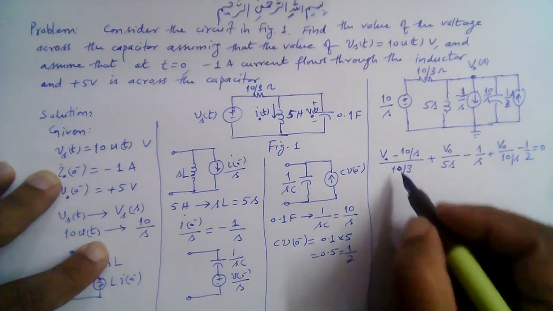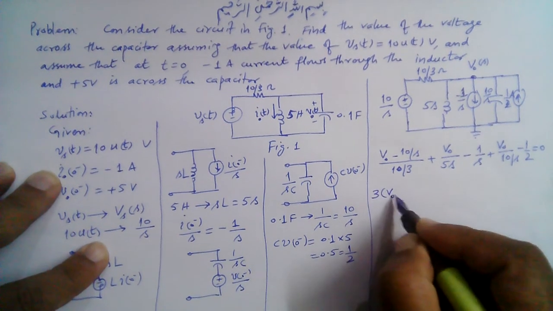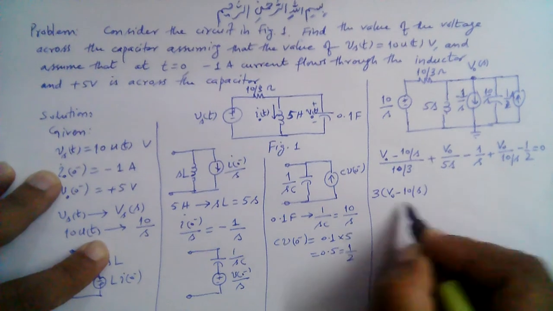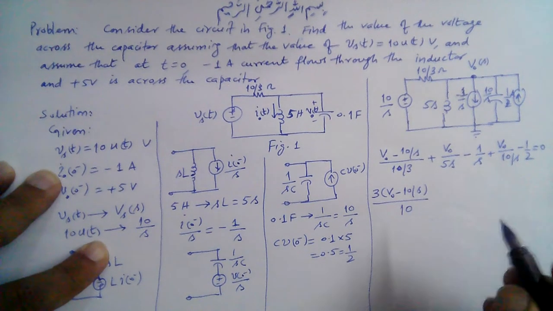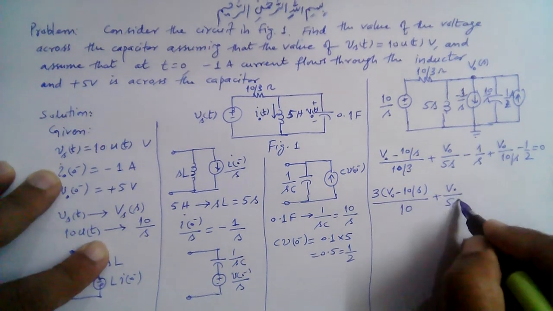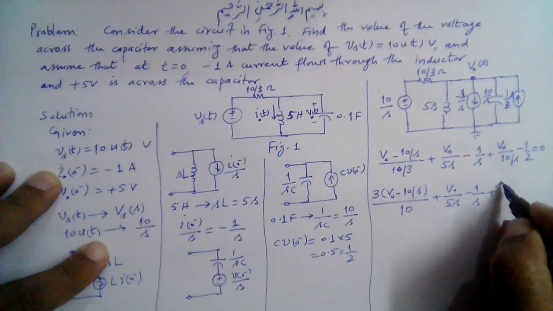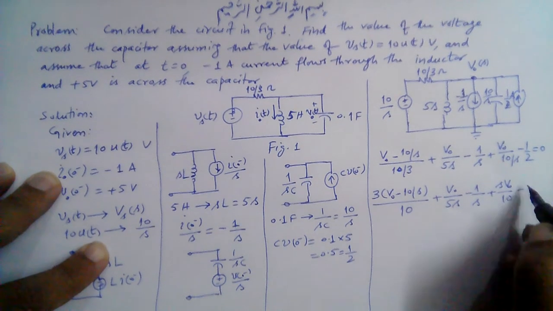So now this becomes 3 into V naught minus 10 over S divided by 10, plus V naught over 5S, minus 1 over S, plus S V naught over 2, minus 1 over 2